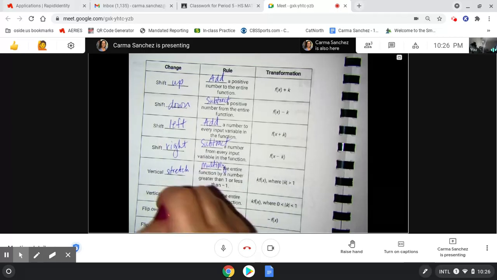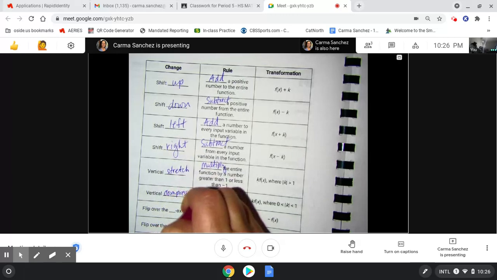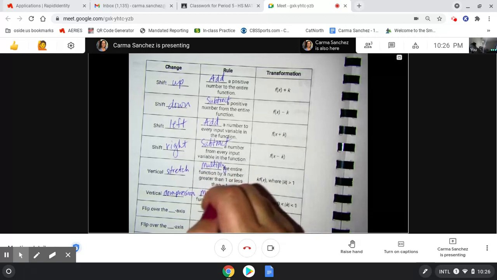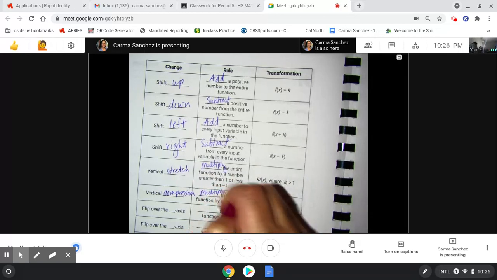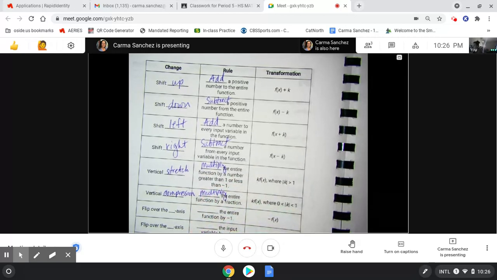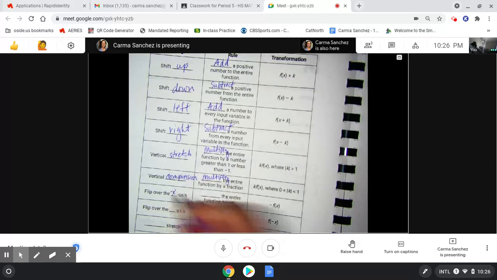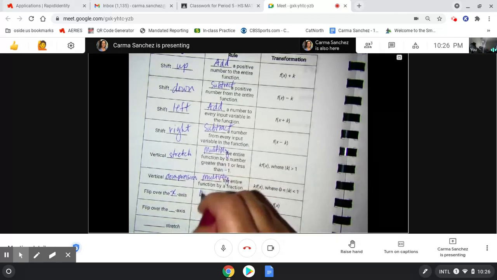And a vertical compression is when we multiply the entire function by a fraction. Flipping over the x-axis is when you multiply the entire function by -1,